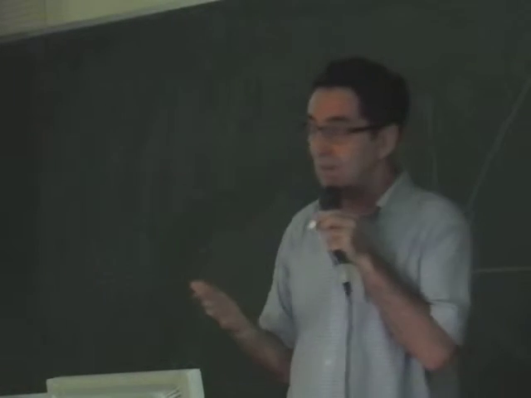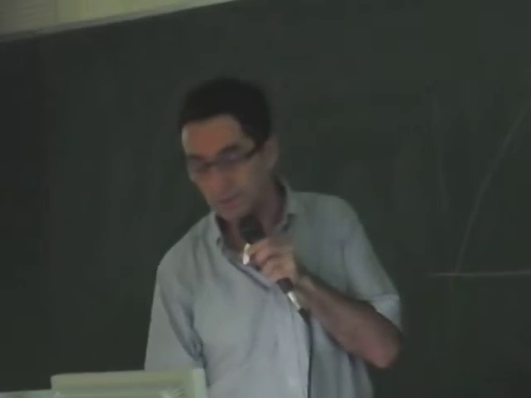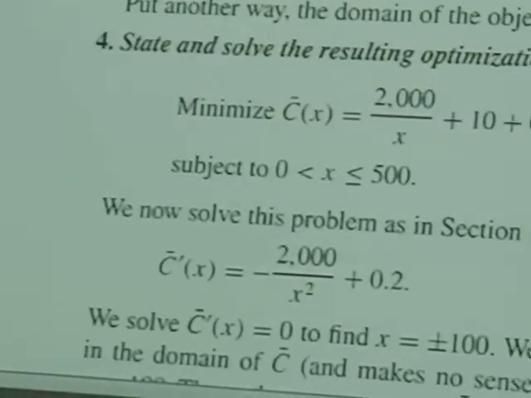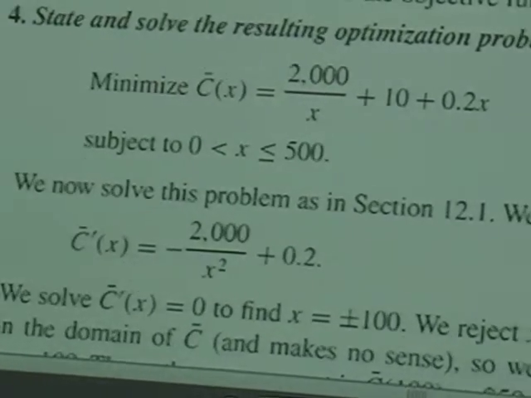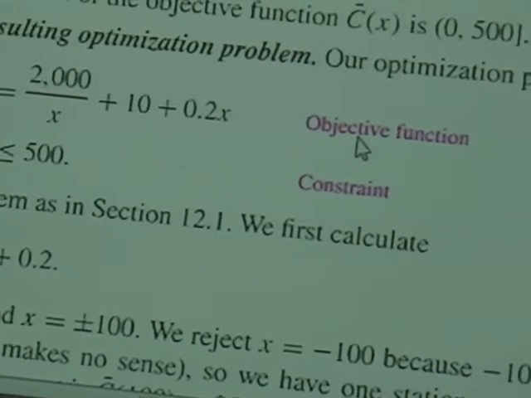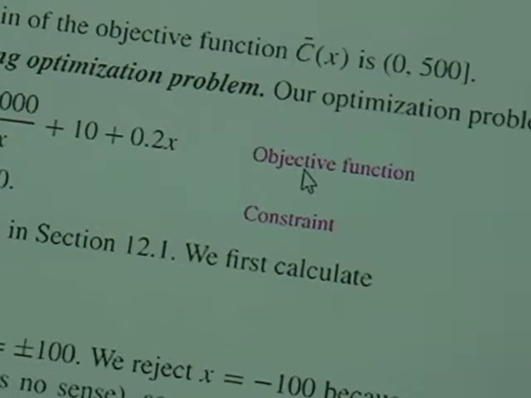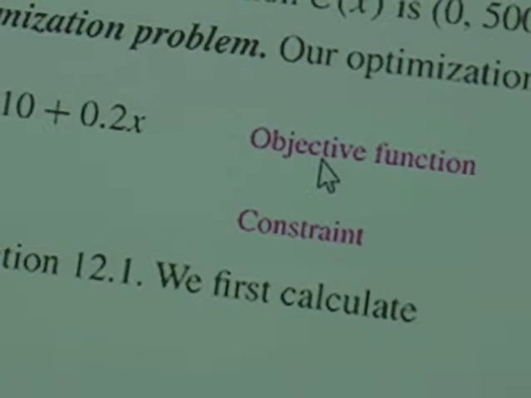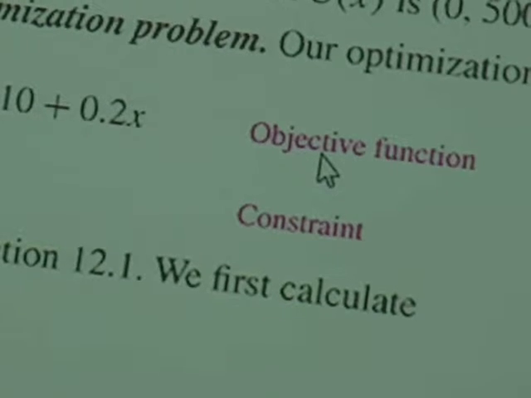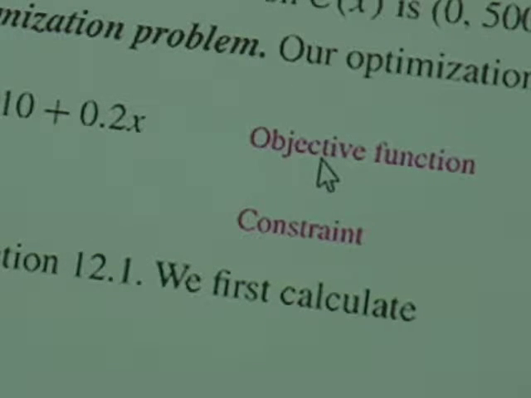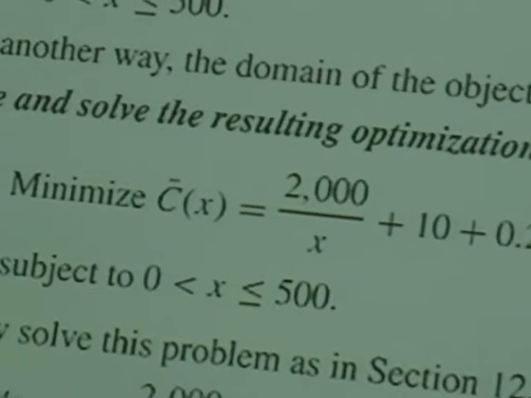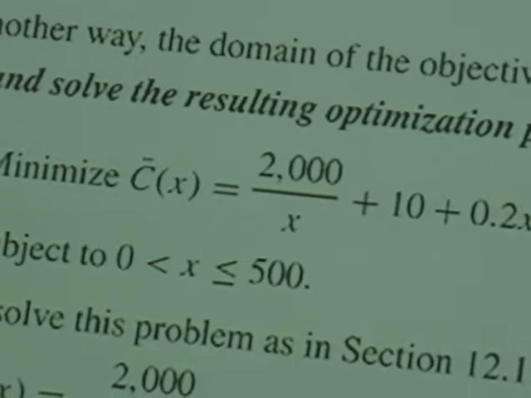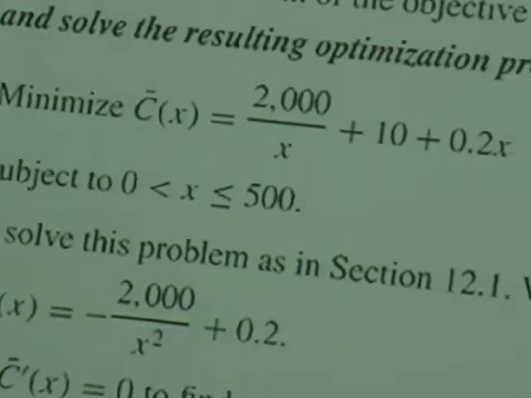So you can have lots of different functions, and what are these functions called? What are they called? The objective function. So what is our objective function here in this problem? What are we trying to either minimize or maximize? So the objective function is always the function that you're trying to minimize or maximize. So in this one, what are we trying to minimize or maximize? The average cost, right? So our objective function is the average cost. Okay, now